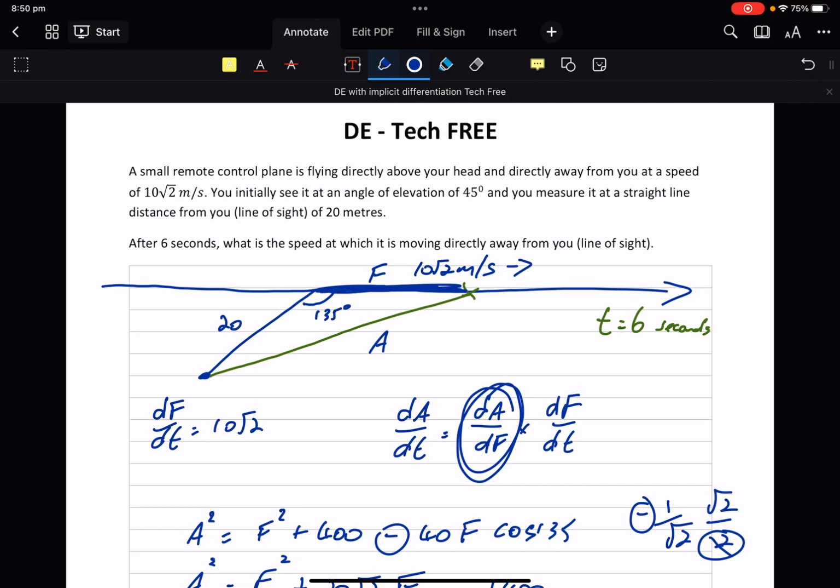I'm going to come back to this diagram. I need the length of F and the length of A. So this plane is flying at 10 root 2 metres per second, and it's 6 seconds later. So 6 times 10 root 2 is 60 root 2. So F as a distance